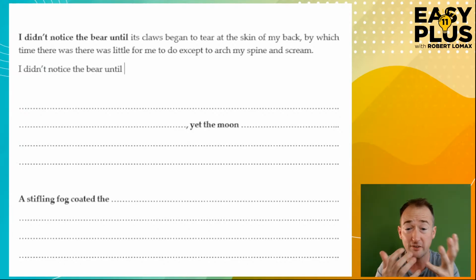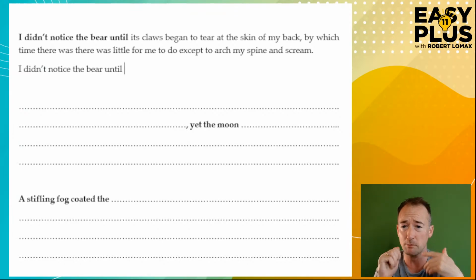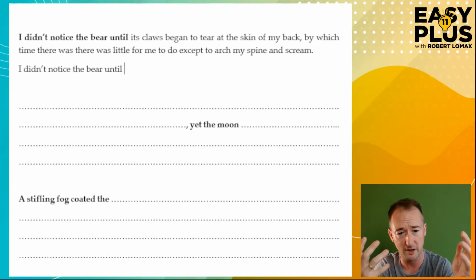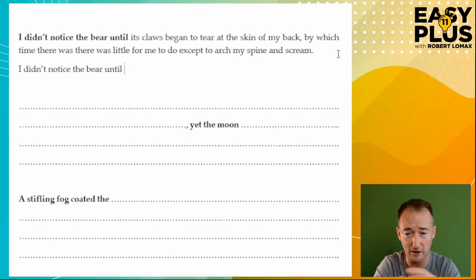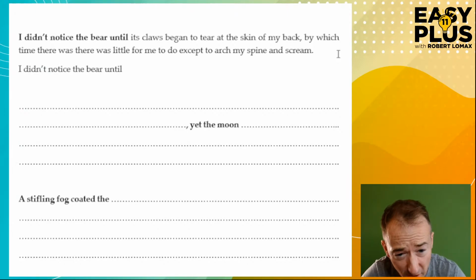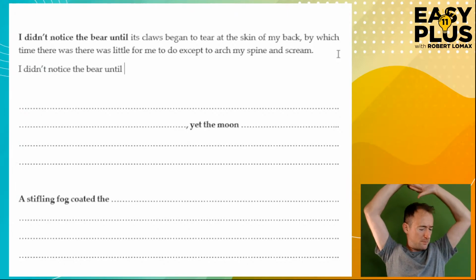I didn't notice, maybe it's because it's nighttime and the bear is dark, maybe it's a black bear. So I didn't notice the bear until, so if it's nighttime, and I don't see it because it's black, it's probably quite a dark night. Why is it dark? Maybe there's no moon around, maybe it's a bit cloudy, and that's covering the stars, and maybe the moon. So, you see what I'm thinking? I'm just asking questions, thinking through. I didn't notice the bear until,